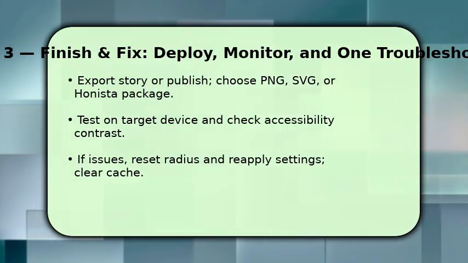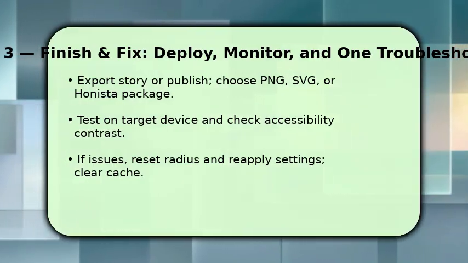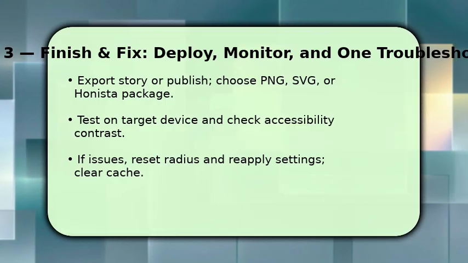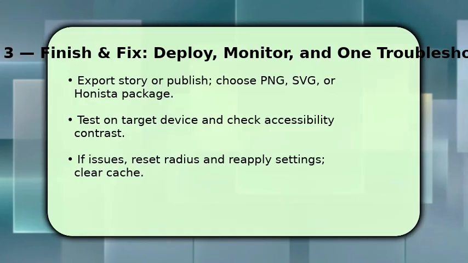If the round edge mention looks wrong, reset the radius to default, reapply offsets, and clear Honista cache before reloading the project. This often fixes visual glitches. One key troubleshooting tip: if placement still misbehaves,